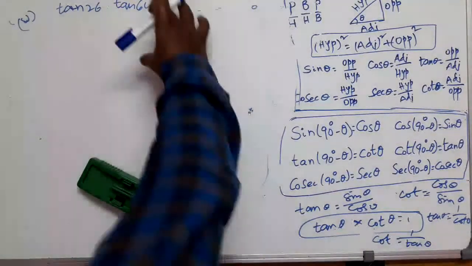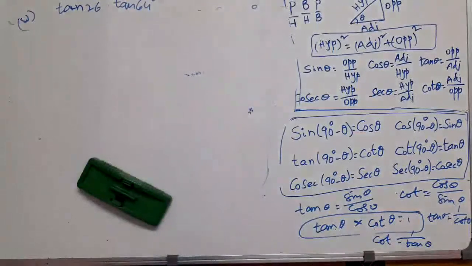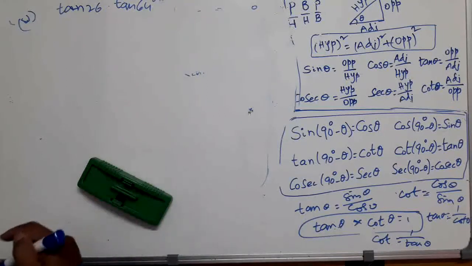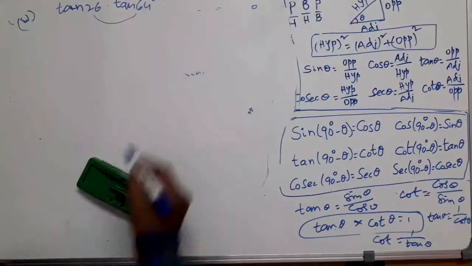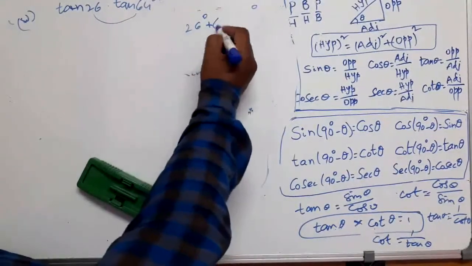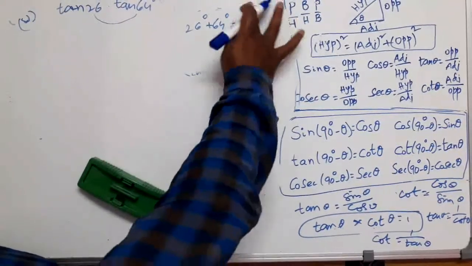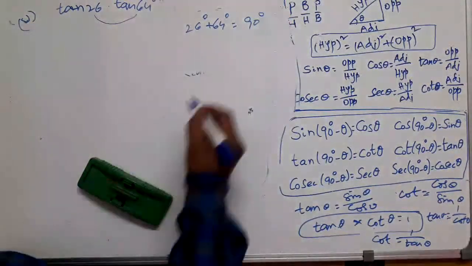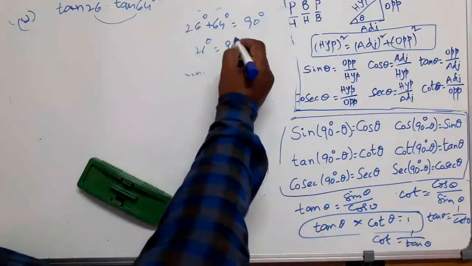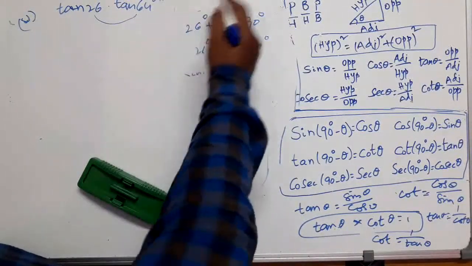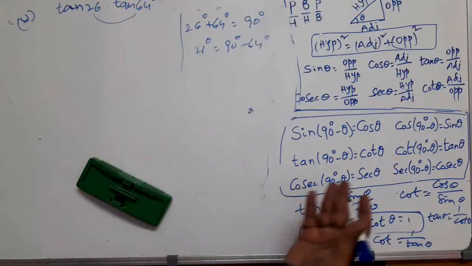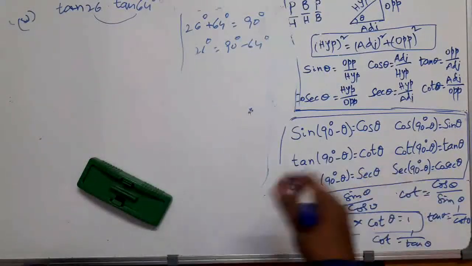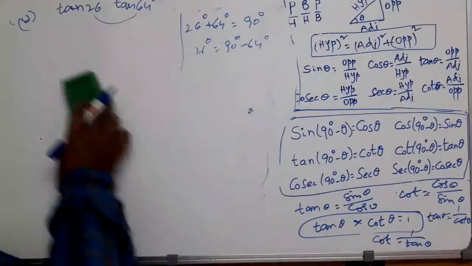Yes, same logic. Do you know the value of tan 26 degrees directly? No. Tan 64 degrees directly? No. So how shall we proceed? Let us see, is there any relation between these two angles? What have you observed? 26 degrees plus 64 degrees. What is the sum? 90 degrees. Right? So 26 degrees can be written as 90 degrees minus 64, or 64 can be written as 90 minus 26. I can use that. I will use that because I want to use the relation. This is one of these 6 relations, 6 formulae. So I am using that.